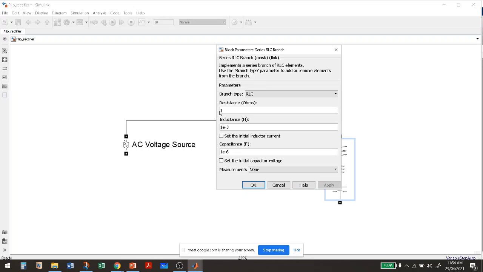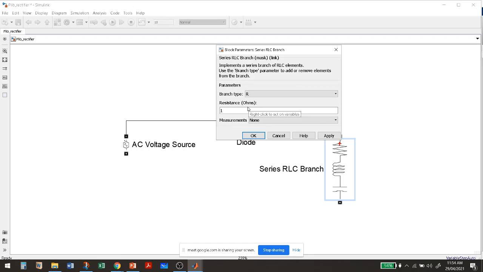Now I will select my load. You can change the branch type. Here you can see that there can be RLC by default. You can make it R, you can make it L, you can make it C, and then you can provide the value of that particular branch. Like RL branch also we can select, RC branch also we can select, LC branch also, and then it can be an open circuit also. So for this particular example I will select R. So my load is only a resistive type load, or you can say branch, and then use apply and okay.